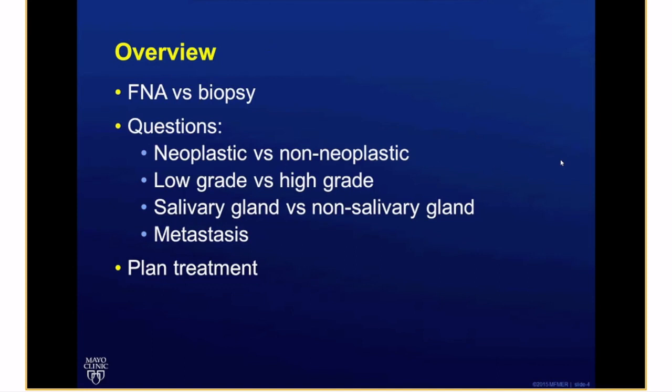Is it low grade or high grade? And if it's high grade, the patient will need a more complete, more aggressive resection, maybe take out some lymph nodes. Is it a primary salivary gland lesion or a soft tissue lesion? Is it a metastasis? So based on these questions that will be answered, the surgeon will be able to plan